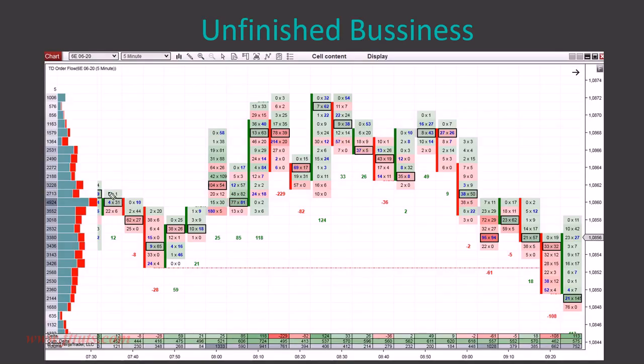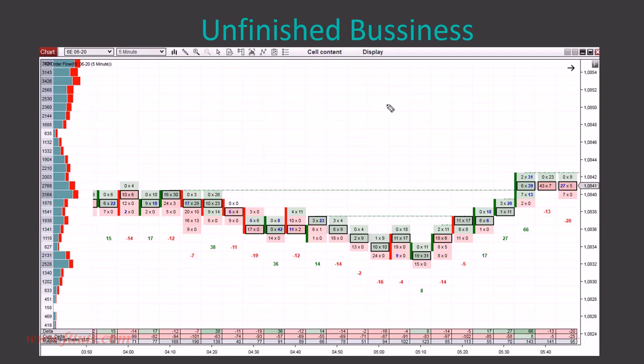Now, in this example, there was sort of rejection of lower prices, and at the bottom of this rejection, there was this unfinished business. The price went upwards from there, but eventually the market turned and tested this area. Again, it worked as a magnet. It didn't take too long for the price to return back. It was not even 2 hours and the unfinished business was dealt with.